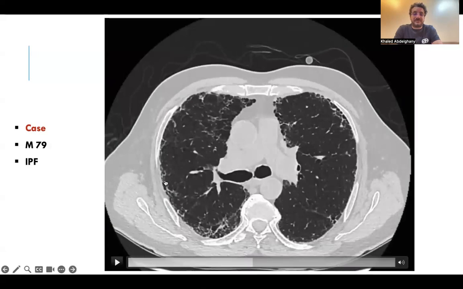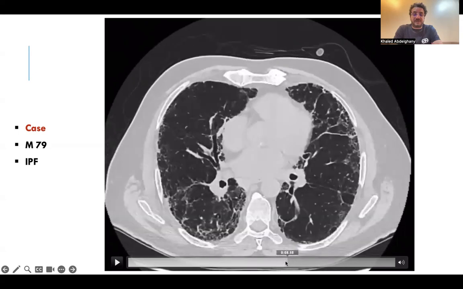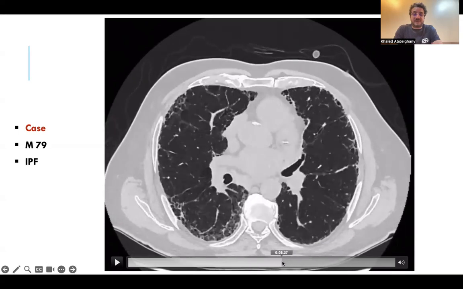These are different from honeycombing. This is the honeycomb cyst, contiguous to each other and stacked to the costal margin. These are irregular reticulation with traction bronchiectasis. Traction bronchiectasis is a mimicker for honeycombing, and differentiation is sometimes hard, so we can use other tools of assessment